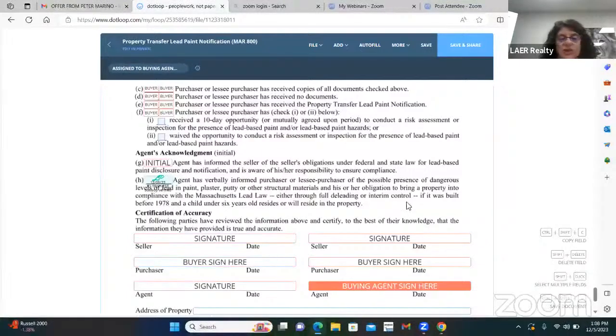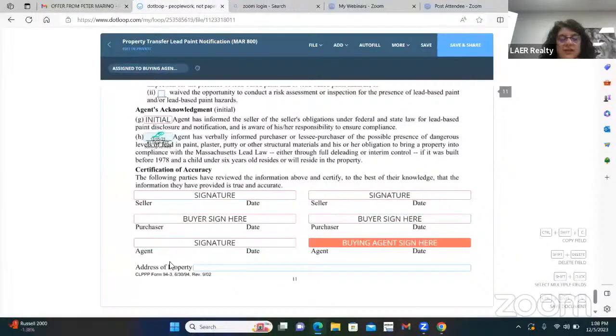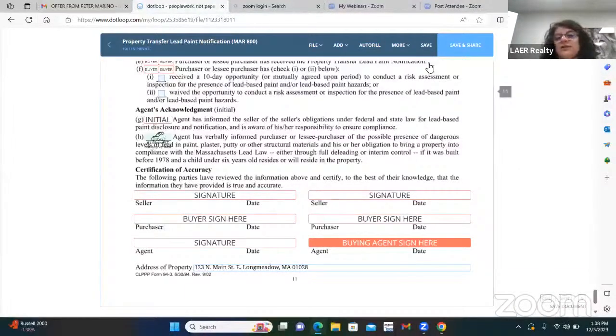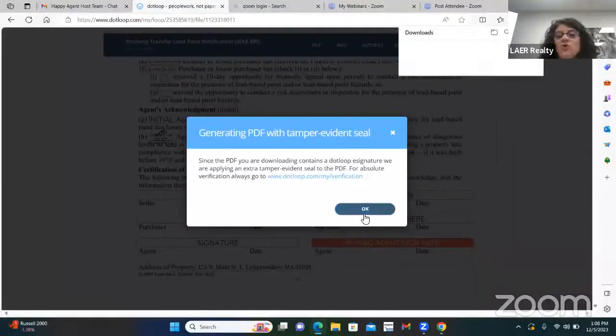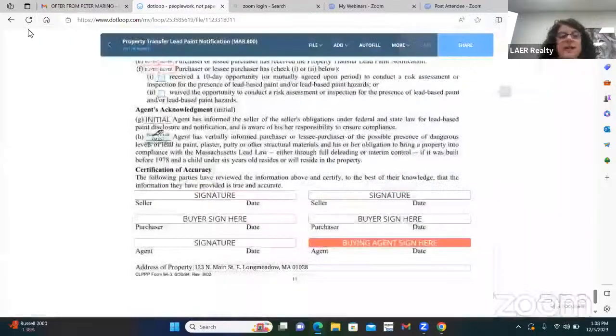And then what you're going to do is your signature down here. Make sure you're putting in the complete address down here. It has to be the complete address with city and state. It will be rejected if it doesn't have the zip code, city, and state. Okay, so you're going to save that. That's if you were filling this out. I'm going to download this as a PDF because I want to show you, if you're a buyer agent, how to shrink the check boxes